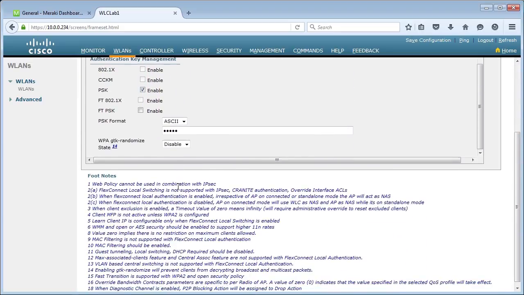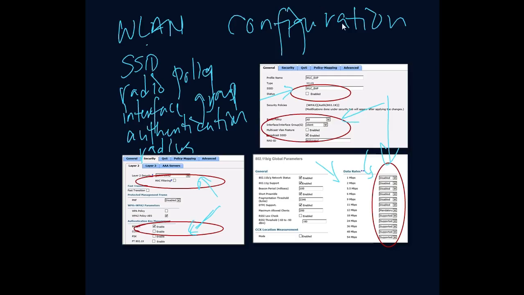So lots of different information to keep track of. Please be aware of this troubleshooting that can happen with our wireless LAN configuration. SSIDs, radio policies, interface groups, authentication, and RADIUS servers. Not to mention those data rates. Very important to get those data rates